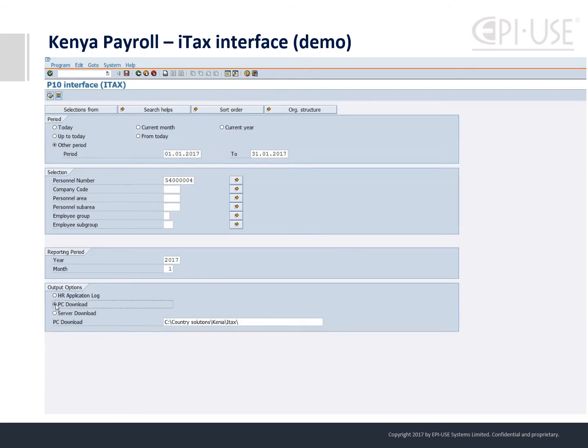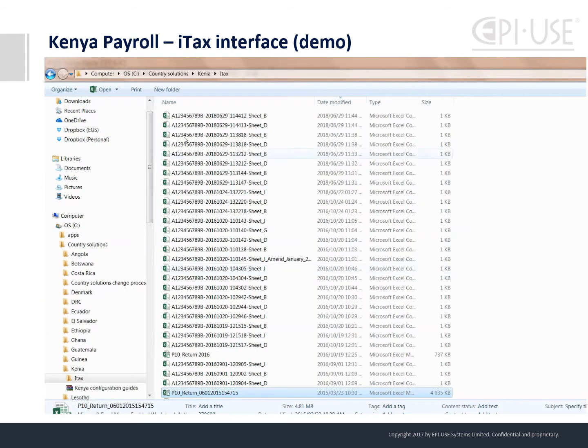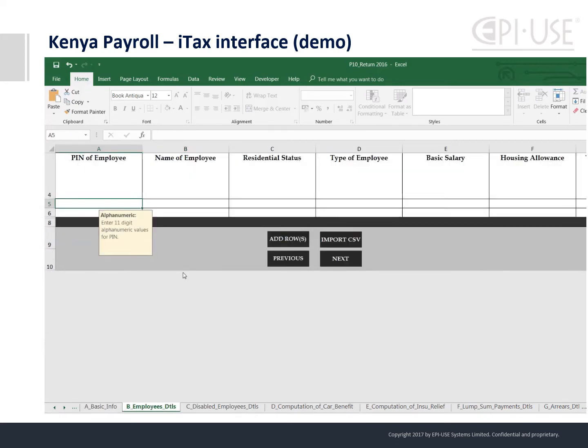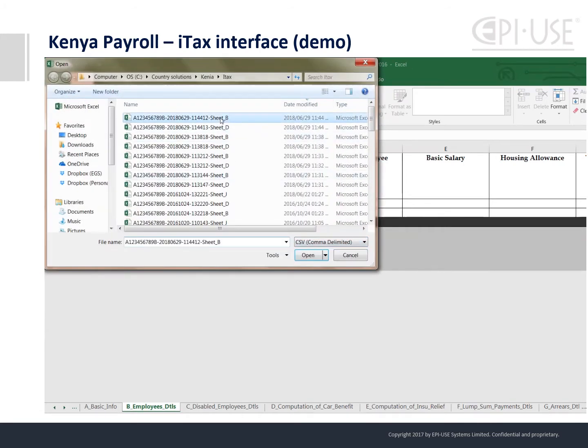We can do then a PC download or a server download. We specify a path where we want to download these sheets. So once we run that, we can check that, and we can see there's a sheet B and a sheet D on this date. If we open up our return, we fill in all the information, the employer's details, the date. We do next, and we know now that we have a sheet B, so we can import sheet B, select it,